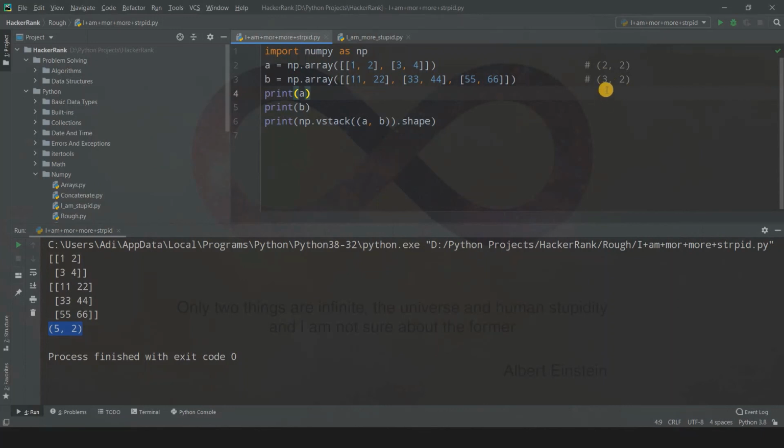So basically what you're doing, you're stacking the arrays along the 0th axis, and along the 0th axis means this axis, 2 and 3. So when you try to stack them, you're basically adding them one upon each other. So you are adding 3 and 2, right? So 3 plus 2 is 5, and this axis is going to be the same because I told you before, I don't need to explain it right now. So the new shape will be 5, that is 3 plus 2, and this dimension will be the same, that is 2. So 5, 2.